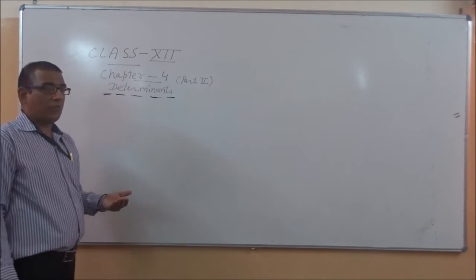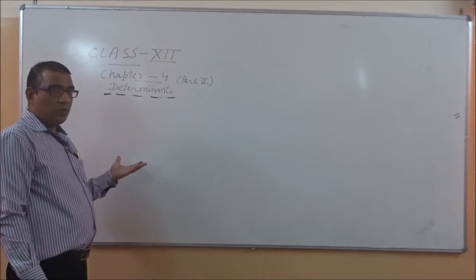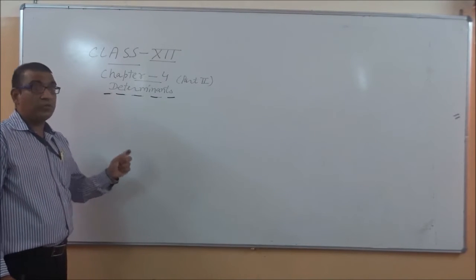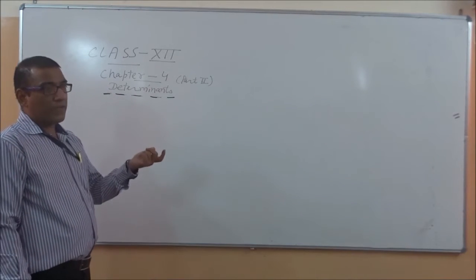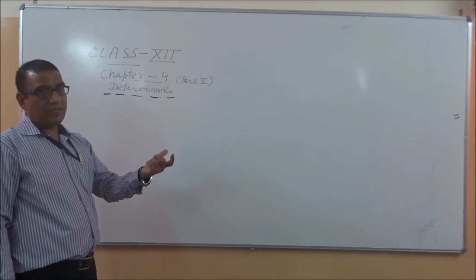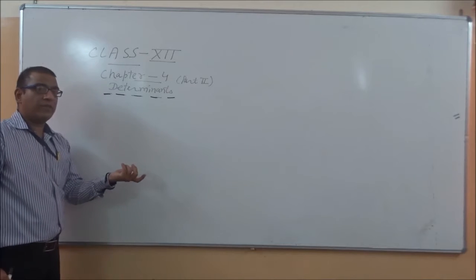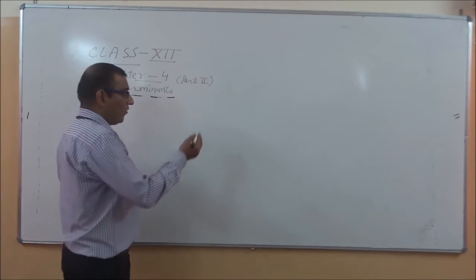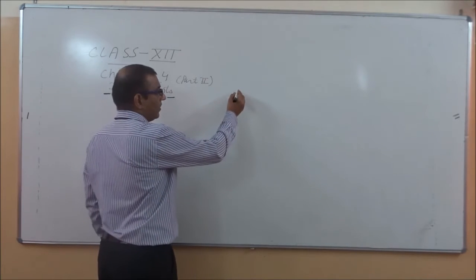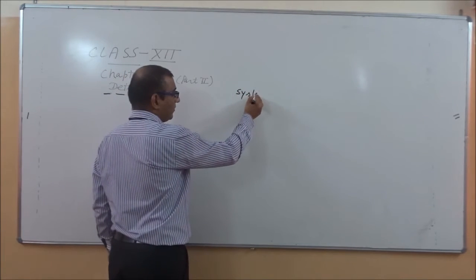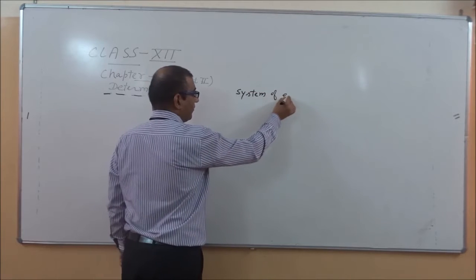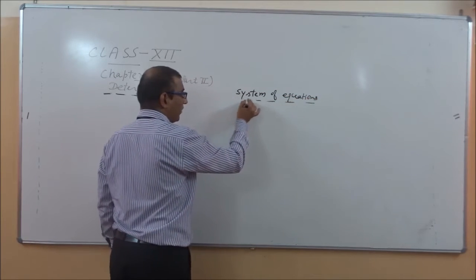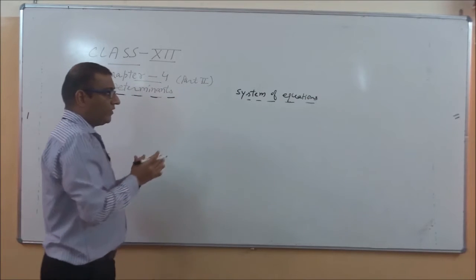I am continuing with the other method. How can we calculate A inverse? Earlier I told you we will calculate A inverse with the help of pre- and post-multiplication when it is given using an equation. If such information is given to us, then we will calculate A inverse with the help of pre and post. But another method is also there. So first we will go with a system of equations. System of equations means 2 equations or more than 2 equations.